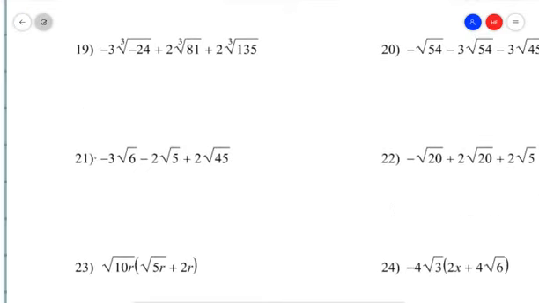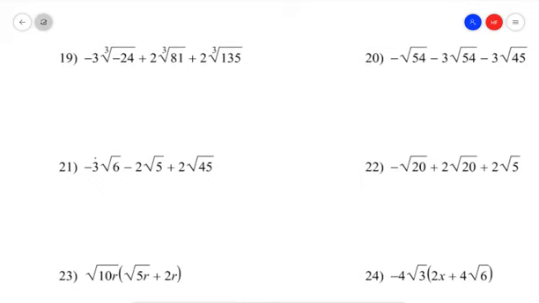Now on this bottom, we do have some multiplication, some addition, and subtraction. So on 19, we've got subtraction and addition. Remember that when we subtract and add, the first thing we want to do is simplify so we can check what we can combine. So this first one, we're going to find the prime factors of negative 24, which would be